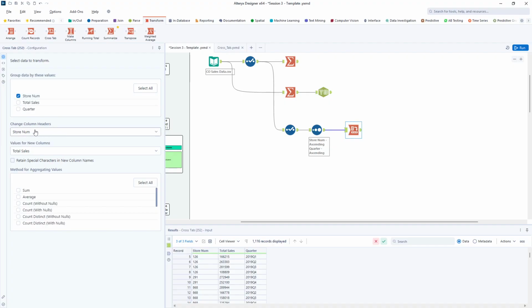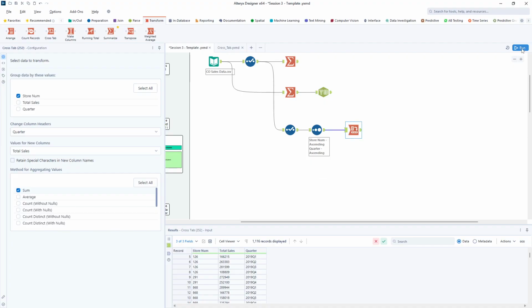Then I've got my column headers, and my column headers in this case are going to be quarter. And then total sales for the data. Now, if there's a duplicate in here, it does require that you check something in order to move forward. So I'm going to check sum. It'll give you an error if you don't. It won't do anything if everything is unique, but if you did have duplicates,